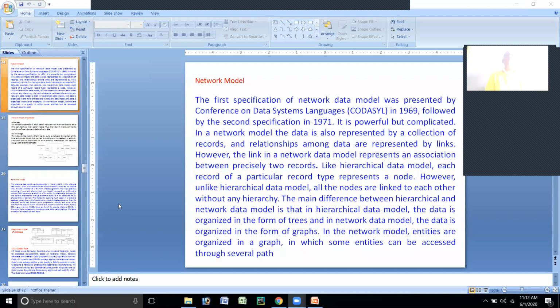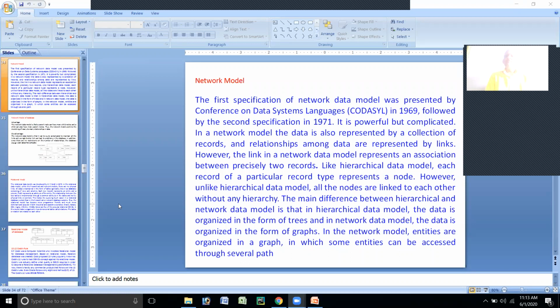It means we have completed one model now, that is the hierarchical model. When you come across that model, you only need to remember the tree. If you remember the tree, you can easily write about it, because you have studied data structures completely. Remember the terms related to a tree, then write the definition. That completes the explanation. Then write the advantages and disadvantages, and put one diagram. That completes one essay question.